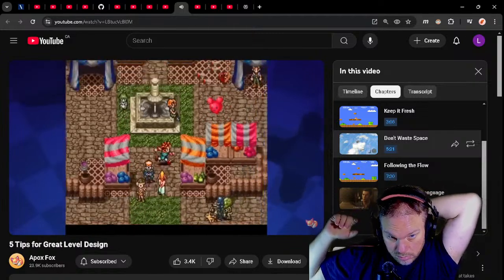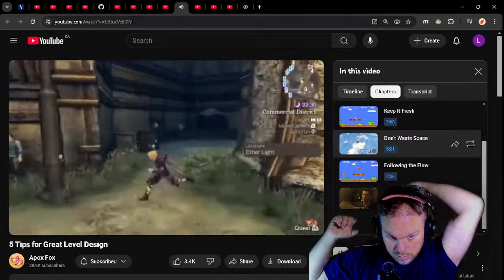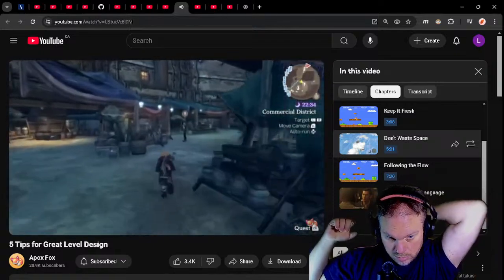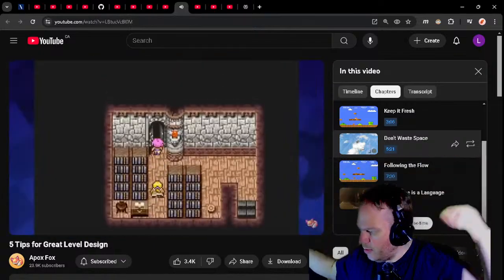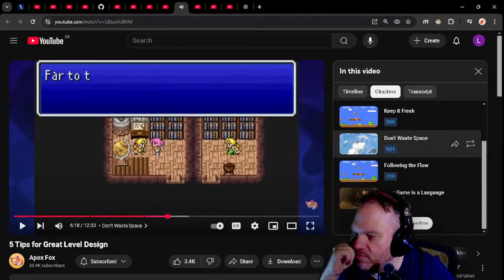Let's start here. If a player wants to quickly buy some supplies, heal their party, and relieve their carrying weights, don't make them run back and forth just to do all that. Put it all in one place, and I promise they will thank you. If you're worried that having things so close together will make the